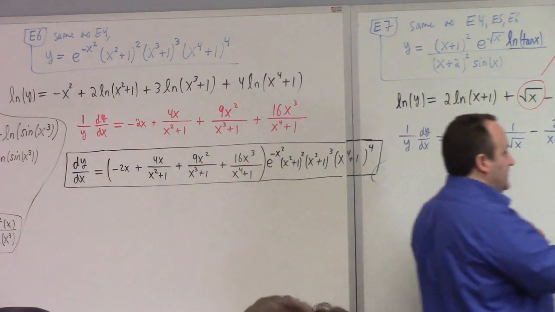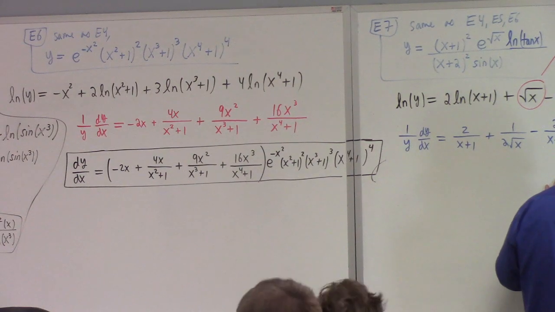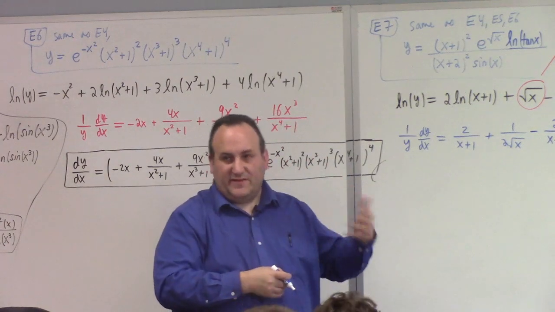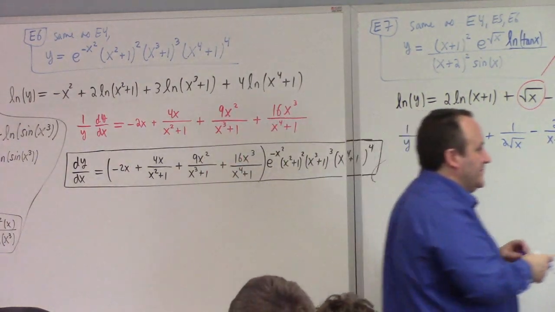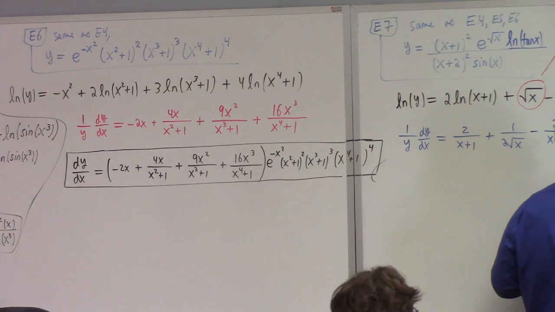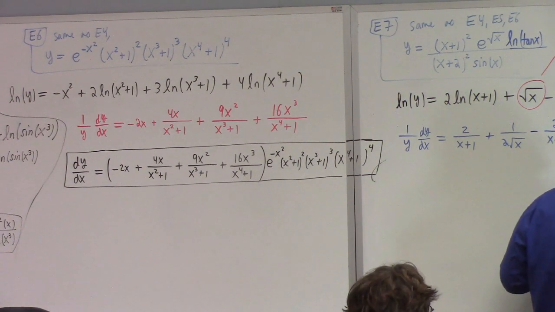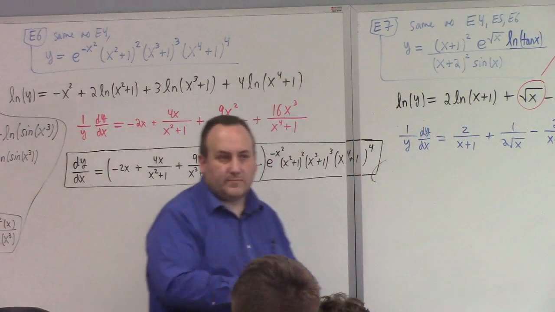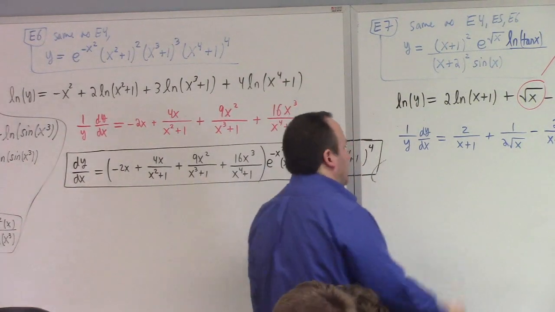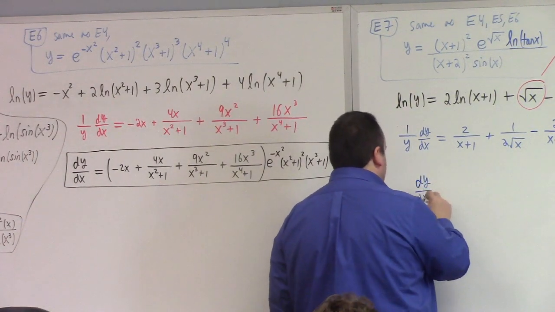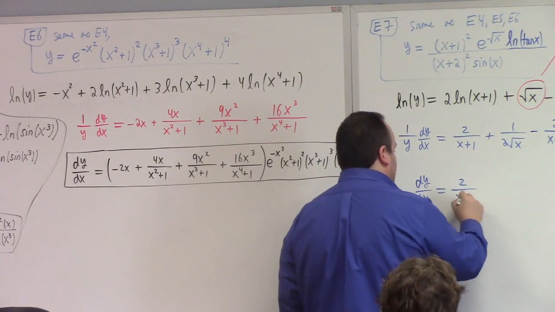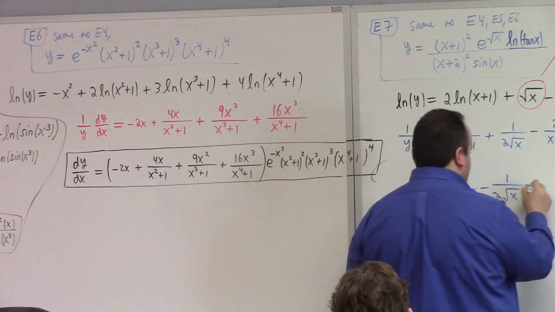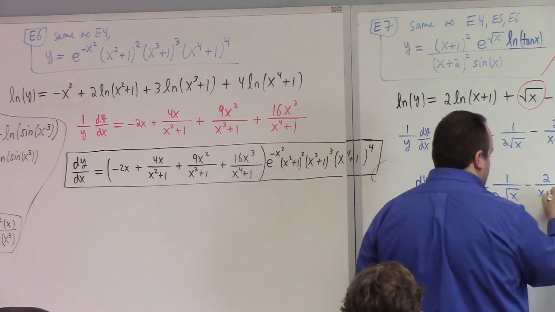That is 1 over tangent, right? But I have to multiply by the derivative of tangent as well, by the chain rule. So I have a secant squared. You put that upstairs here, secant squared, like that. And so that's what it is. And then dy dx is equal to 2 over x plus 1 minus 1 over 2 square root of x. But I guess I do get paid for this. Let me stop complaining. All right, 2 over x plus 2.